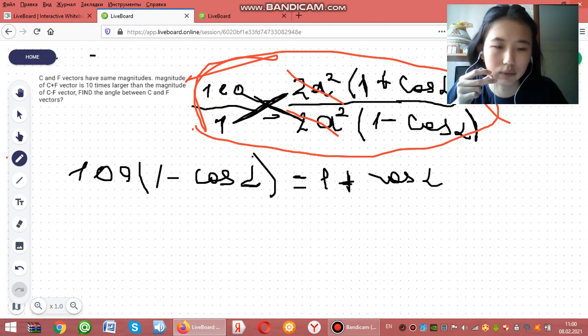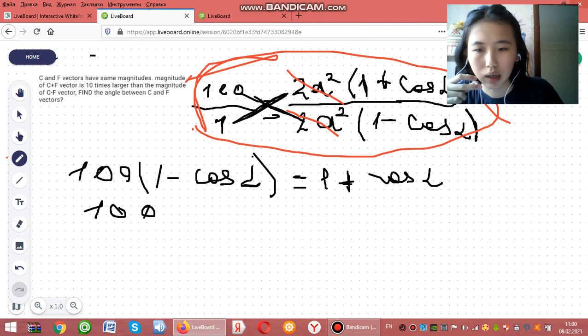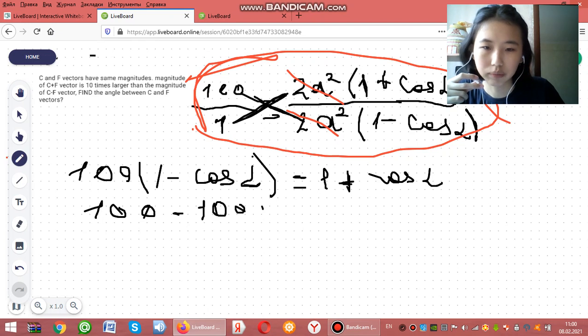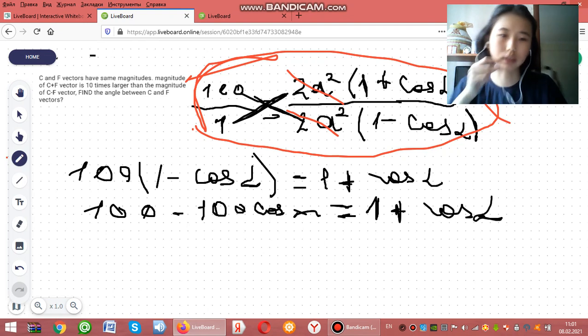Sorry, it is really freezing. And here we need to open the bracket, so it will be 100 minus 100 cosinus alpha, equal to 1 plus cosinus alpha. Let me write the last